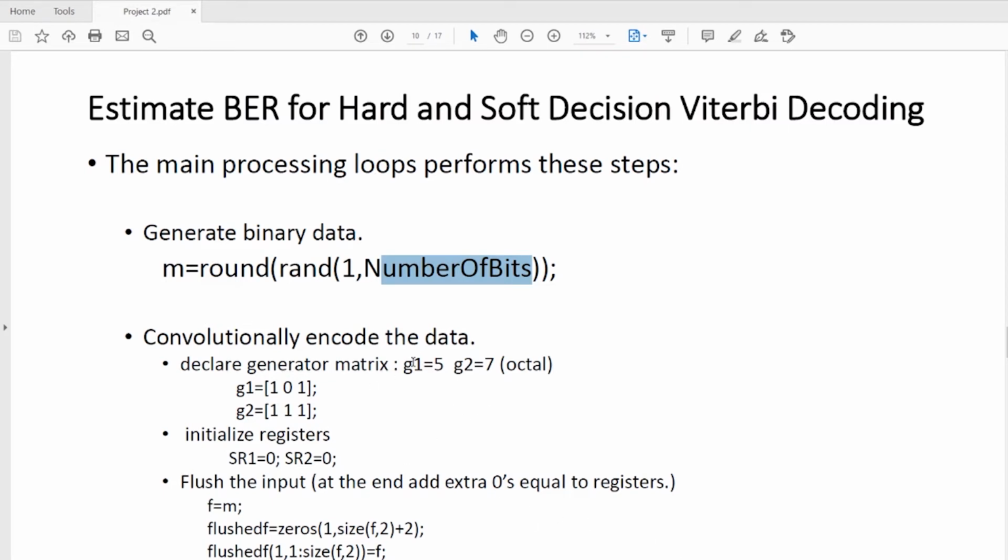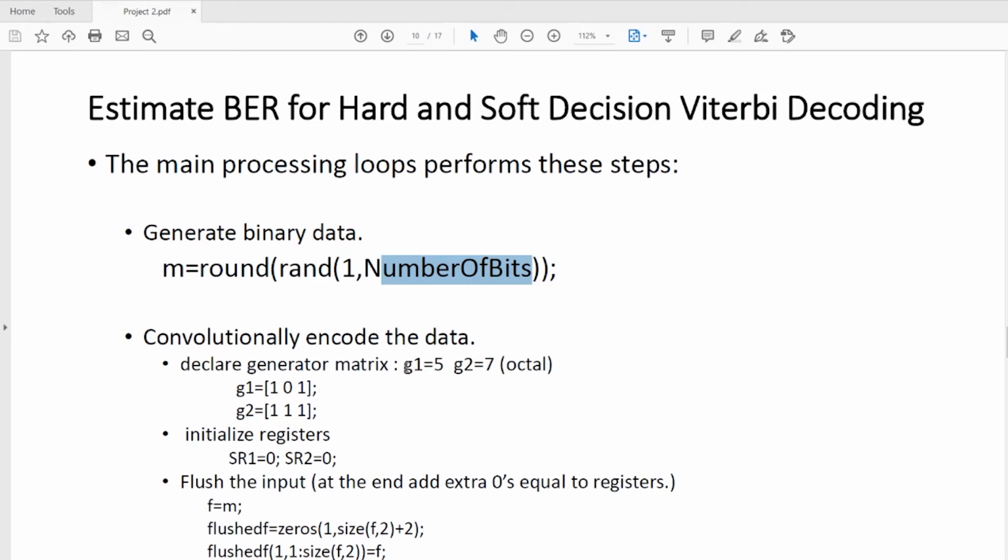In the convolutional encoding, you should find the generator matrix. In your example, it is given as G1 equals 17 and G2 equals 15. It is in octal format. So you should declare the generators in binary format.